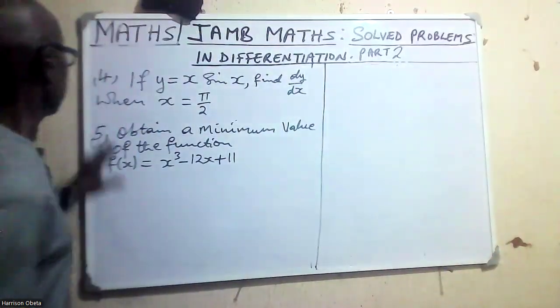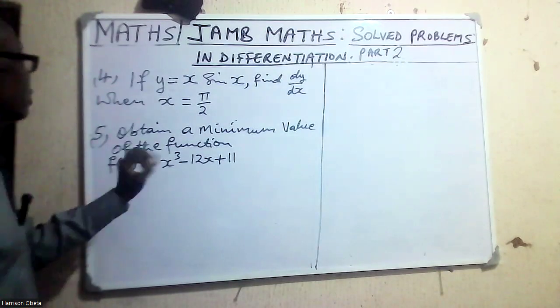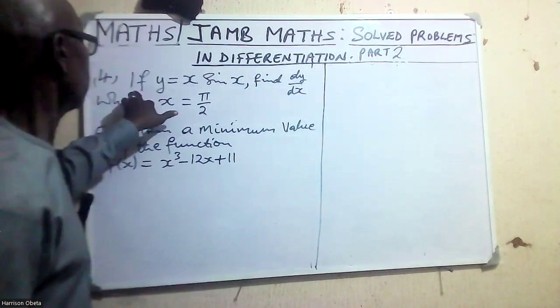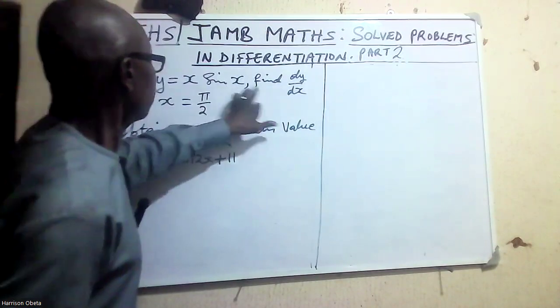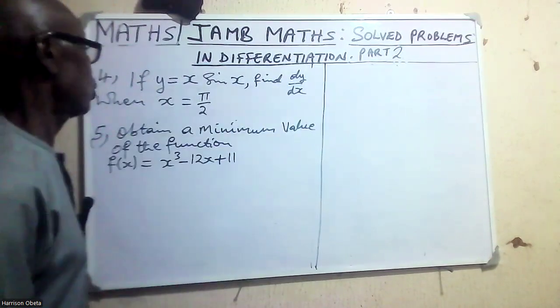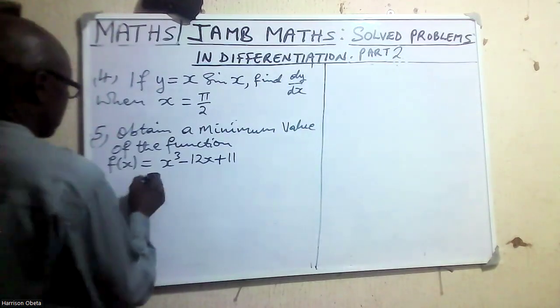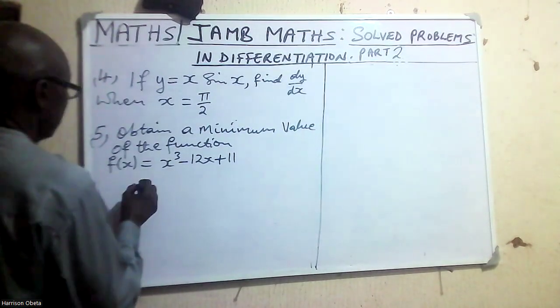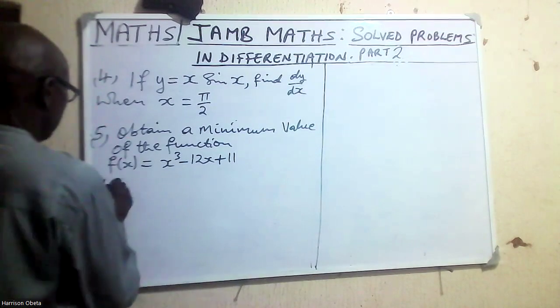Well, we have questions number 4 and 5 on the board. The first one, number 4, says, if y equal to this, find dy/dx when x equal to pi over 2. Okay, continuing, we have number 4,